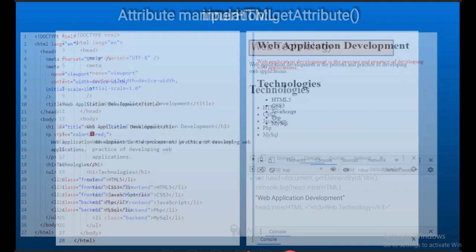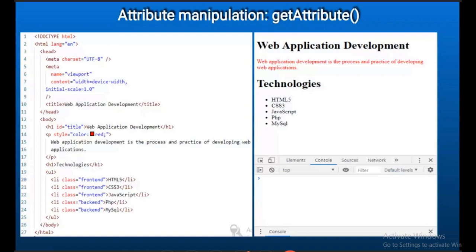Manipulation: text content, innerHTML, attribute manipulation, style manipulation, and class manipulation. Within the text content, if I give document.getElementById, head.textContent, that content gets displayed. You can change that text content on the fly. textContent is equal to internet technology, and that text is changed on the fly.